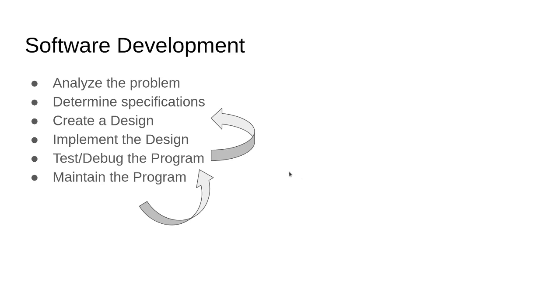And it's also important to understand that many of these are sort of cyclical. There's a cycle to many of the steps that we've talked about here. For instance, after you've created a design and you implement that design and start to test it, you may find problems so big that they require you to redesign the program. And you should come back to your design documents and change them so that they reflect what your program is actually going to do. Make new versions of that design or whatever. Because